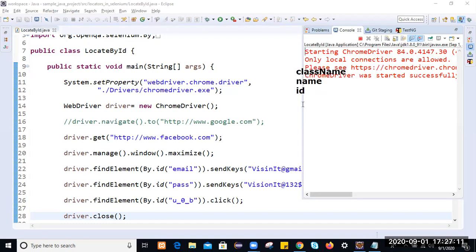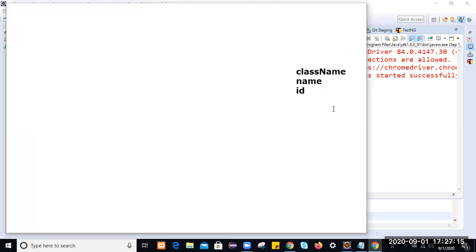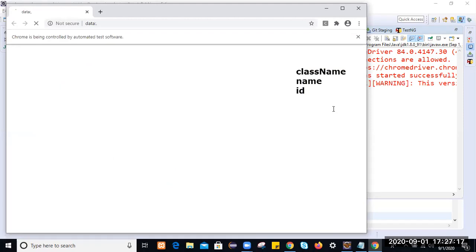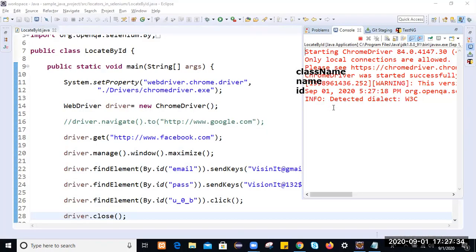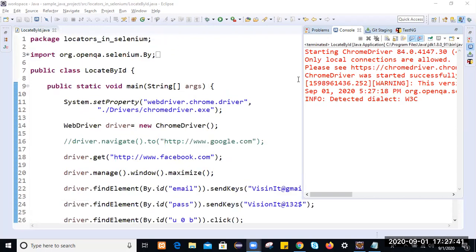The rest of the locators will go in the next session. So it launches the browser, navigates to Facebook, and once the page is loaded completely, it performs the action. Okay, am I clear? Perform the closure. Okay, we'll stop here.